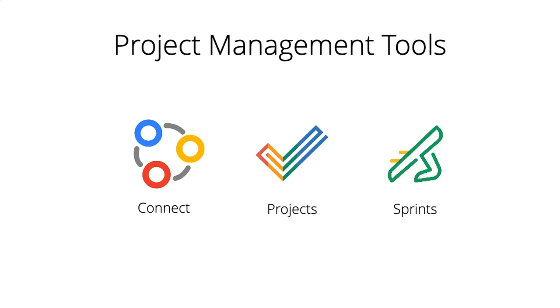So we are going to walk through a couple of, I'll start just by walking through the different applications. We are taking a look at a company